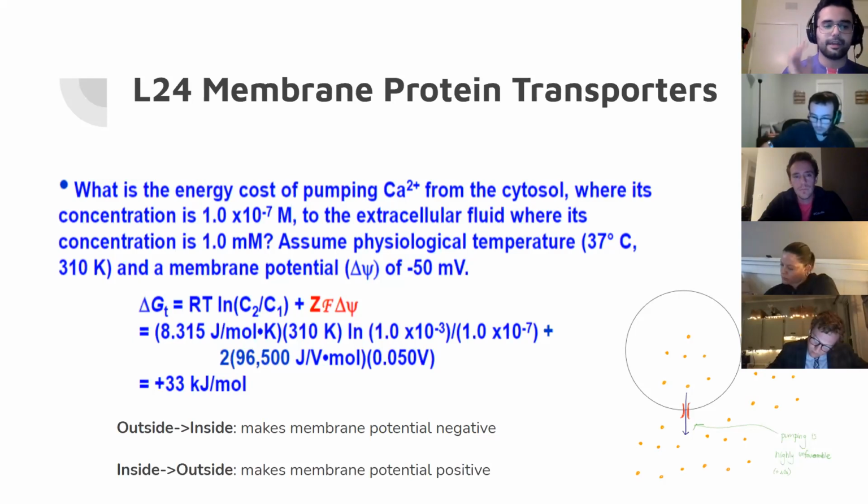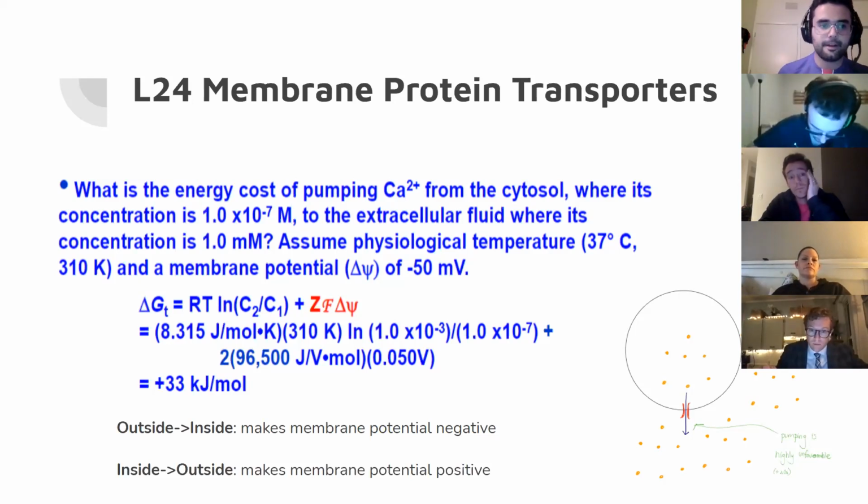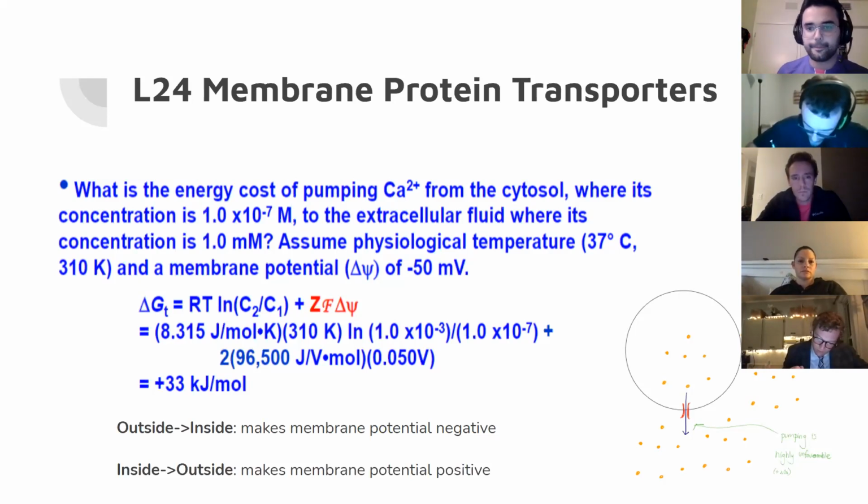And then you're going to see that in this question we got a positive delta G, and that means that reaction is unfavorable, right? And that makes sense, right? Always check that delta G to make sure it makes sense. Since we're going from a concentration that has a lower calcium concentration than the outside, that reaction is going to be unfavorable because it's going against its concentration gradient, okay? So last case scenario, just always make sure that your delta G makes sense with the scenario given to you. Does that make sense for everybody?